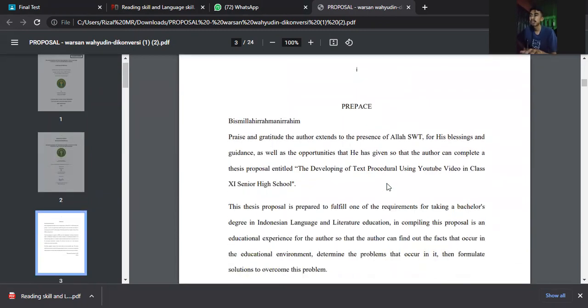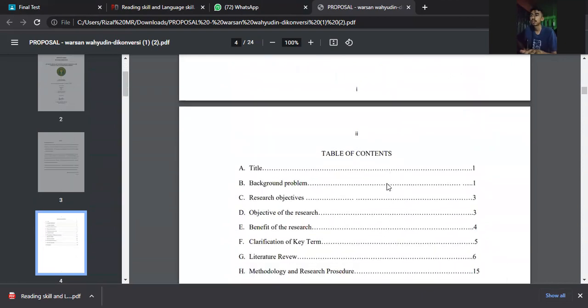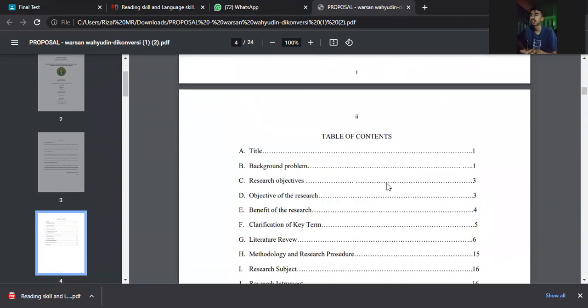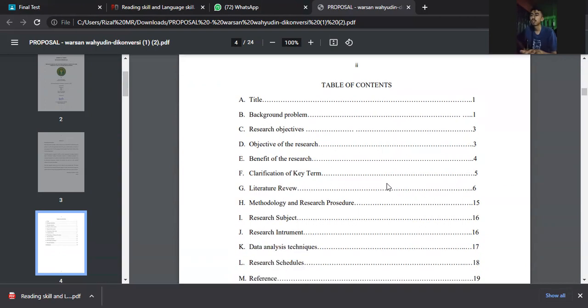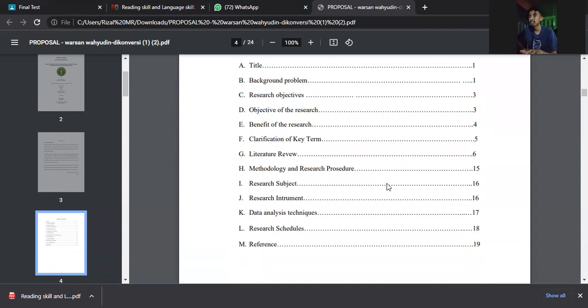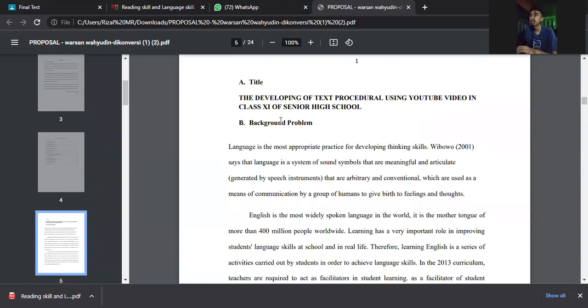This is the preface. As you can see, this proposal is written well. And then this is the table of contents. The title is on page 1, background problem is also on 1, research objective is on the 3rd. And let's begin with the